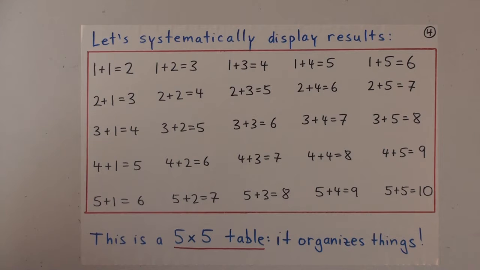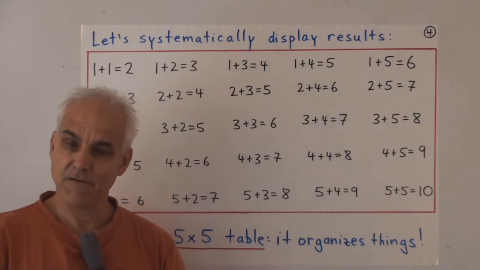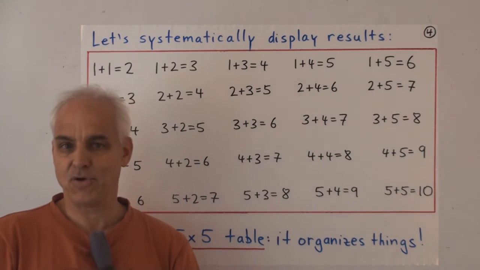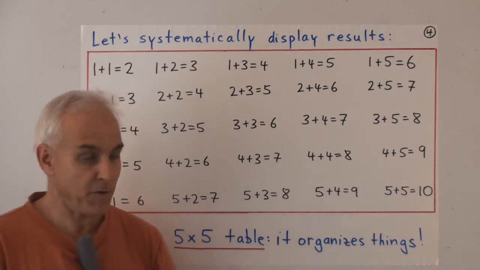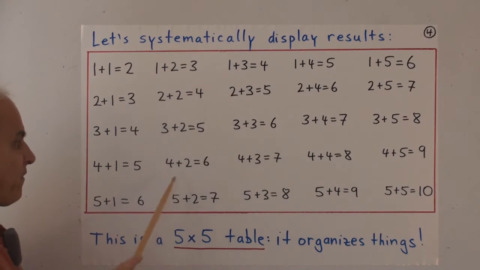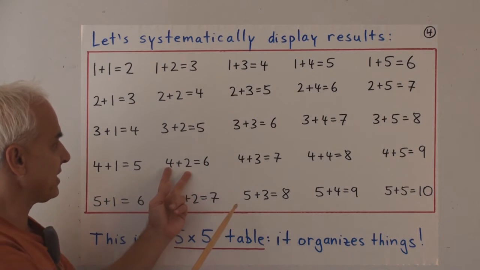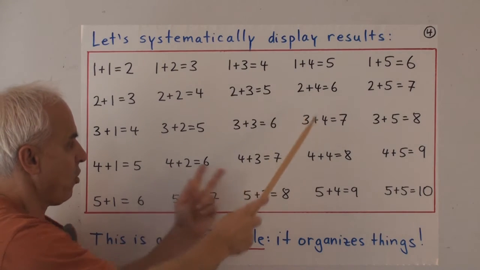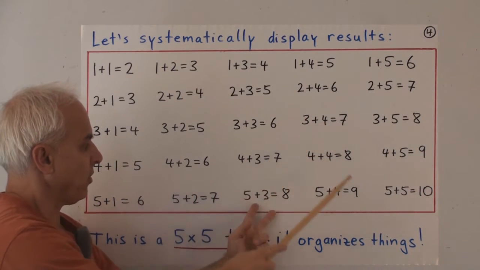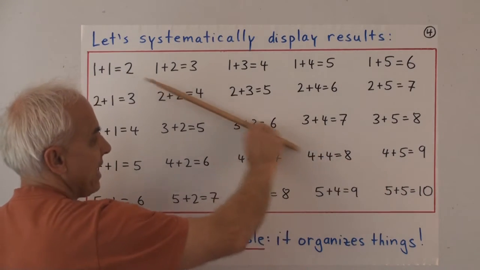It's also important to remark that there's some symmetry in this table, which makes it, in fact, less difficult to memorize than it might appear, because once you've figured out what 2 plus 4 is, then 4 plus 2 is the same. So there's a symmetry between this entry and this entry, or between this entry and this entry, or this entry and this entry. Sort of a mirror image along this main diagonal.